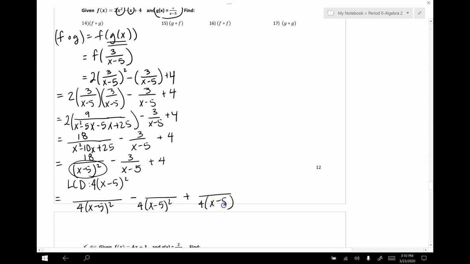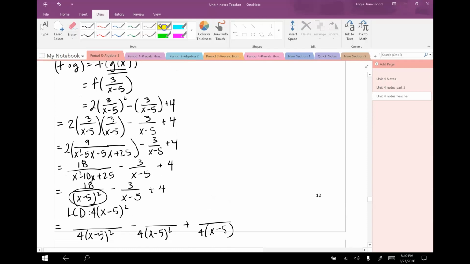Now we need to decide what's missing, and I'm going to find the highlighter. So this is my first denominator. Here's my changed denominator. That means the numerator gets multiplied by 4. Next, this is my first denominator. This is my changed denominator. So that means the numerator gets multiplied by 4 and an extra set of x minus 5. Then the last one